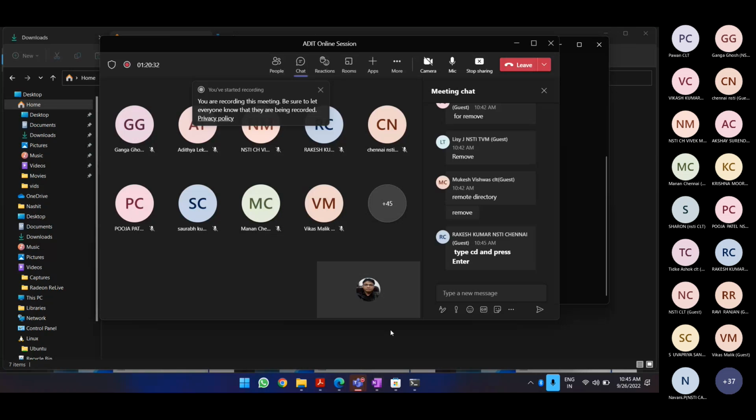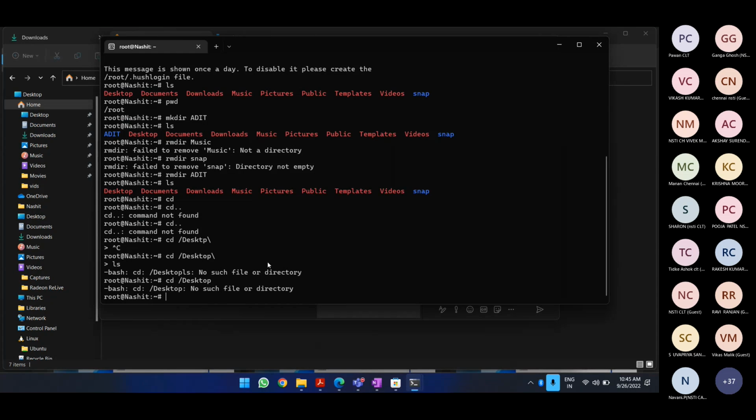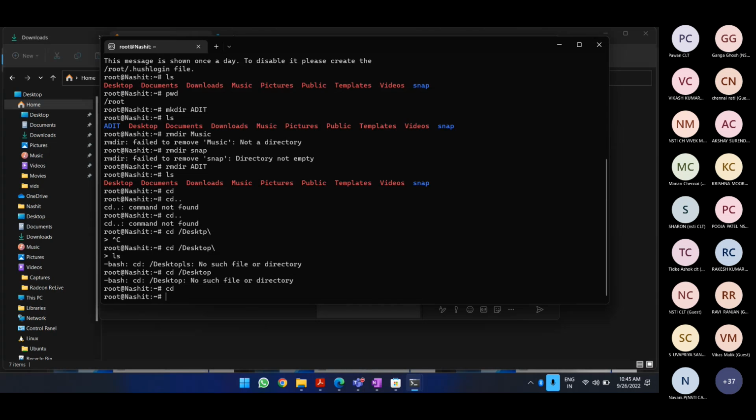CD and press enter, that won't work here. Though it works, it won't work like it will when we are talking about a normal Linux terminal. I am not sure if we would be able to change the directory when we are working on this WSL, but I will figure it out. So that is fine. Let us try the other commands that are available as of now, and changing this directory and all other things we would do at a later stage.